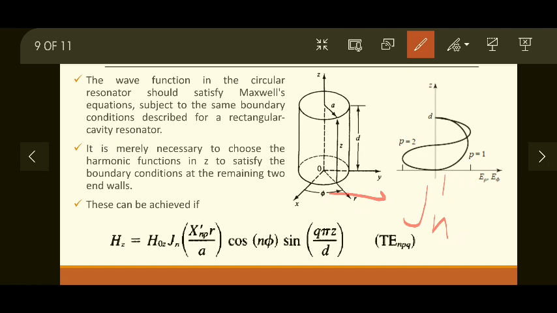Jn is a Bessel function, Jn dash is the derivative of the Bessel function, and p dash np is a root of that particular derivative. Then cos n phi sin q pi z by d. Using this equation, you can find out Hz, and then you can find out Ez from that using Maxwell's